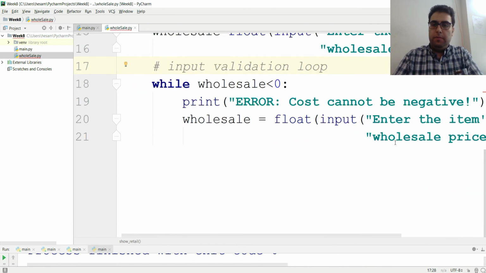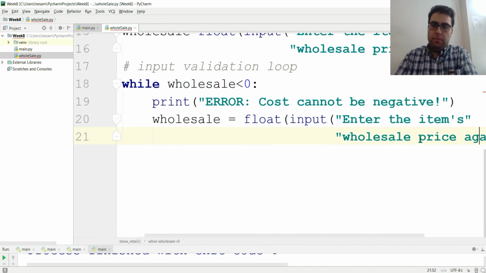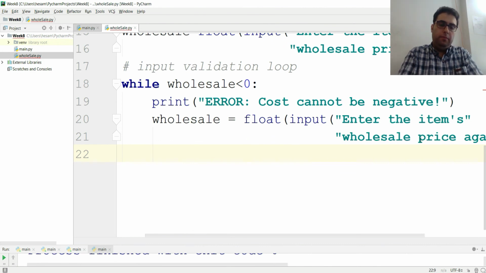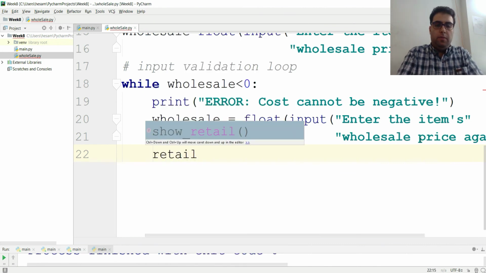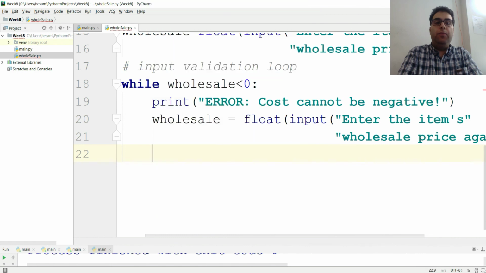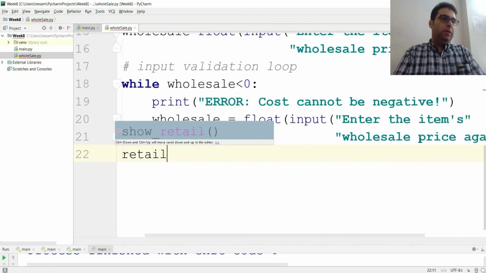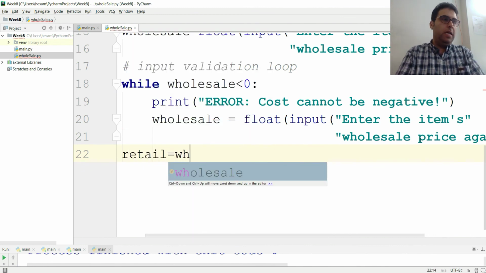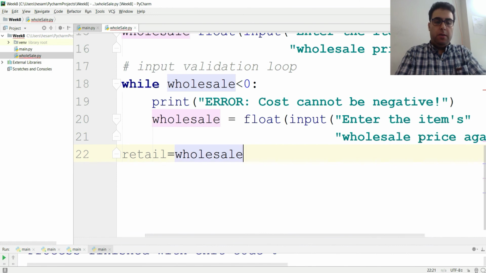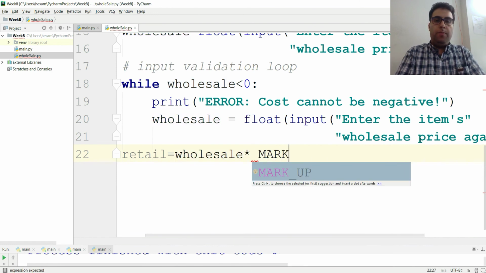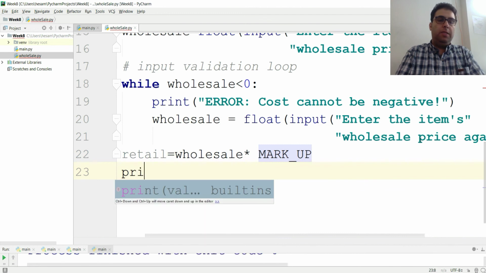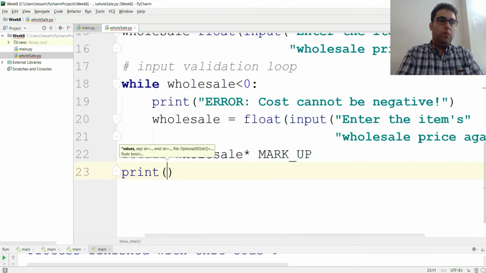And then we're going to leave the loop, right? So this is not the right place to do that. We're going to leave the loop. So we go one back, and then we go retail equals wholesale multiplied by that markup number, and we're going to say price will be the retail